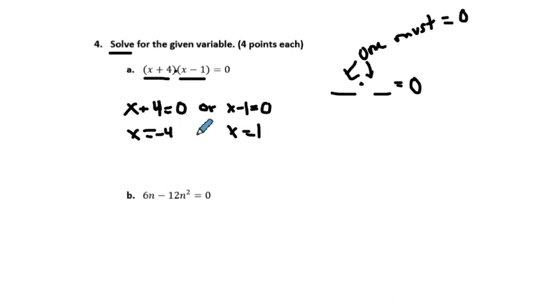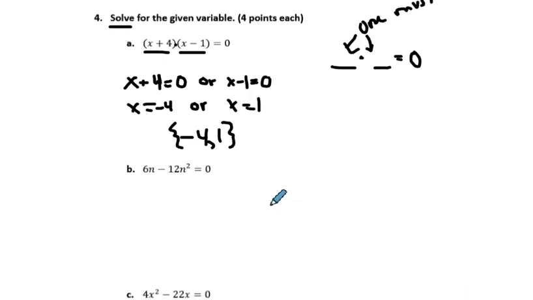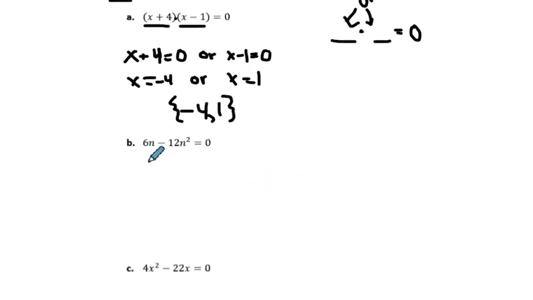So x equals negative 4 or x equals 1 are my two solutions, and I show that by putting them in a set in numerical order. So negative 4 and 1 are the two possible values of x that would turn this into a 0 and make that statement true. All right, part B here, as I said earlier, you have to start by taking out